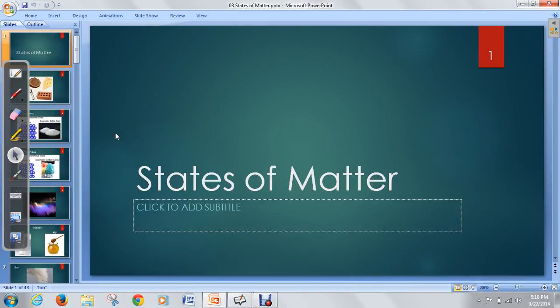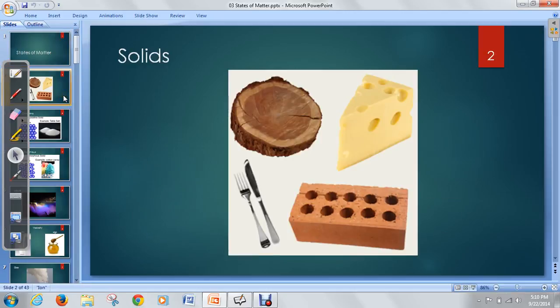In this podcast, I want to go over what we talked about after we talked about properties of matter, and that is states of matter. So, this is chapter 3 in the book, and we just quickly reviewed over some of the stuff you should have known in your earlier science classes, like sixth grade science, like solids, for example, liquids and gases. Those types of states of matter you should be familiar with, but we're going to go a little bit more